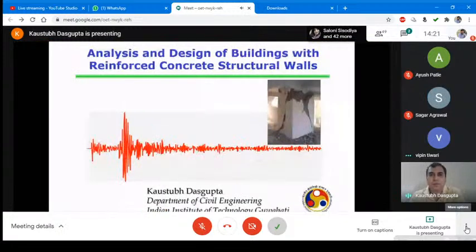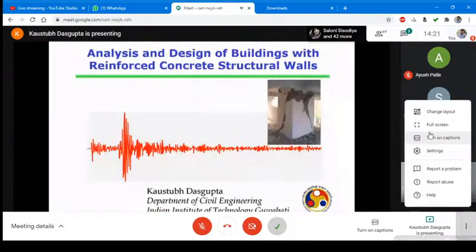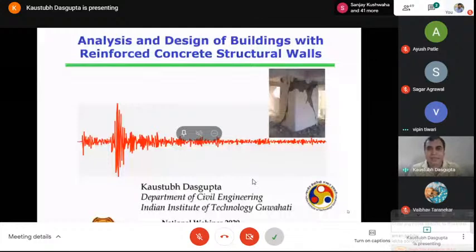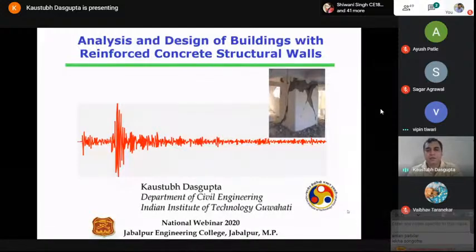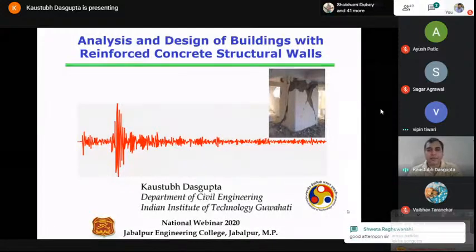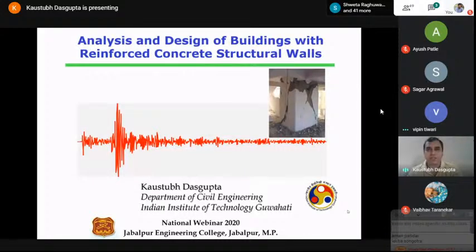Good afternoon to all of you. Yesterday we discussed some of the basics of the capacity design philosophy in earthquake engineering. Moving on to a slightly different topic, that is reinforced concrete structural walls, or commonly what we call shear wall. We will try to see what are the different aspects one needs to consider,